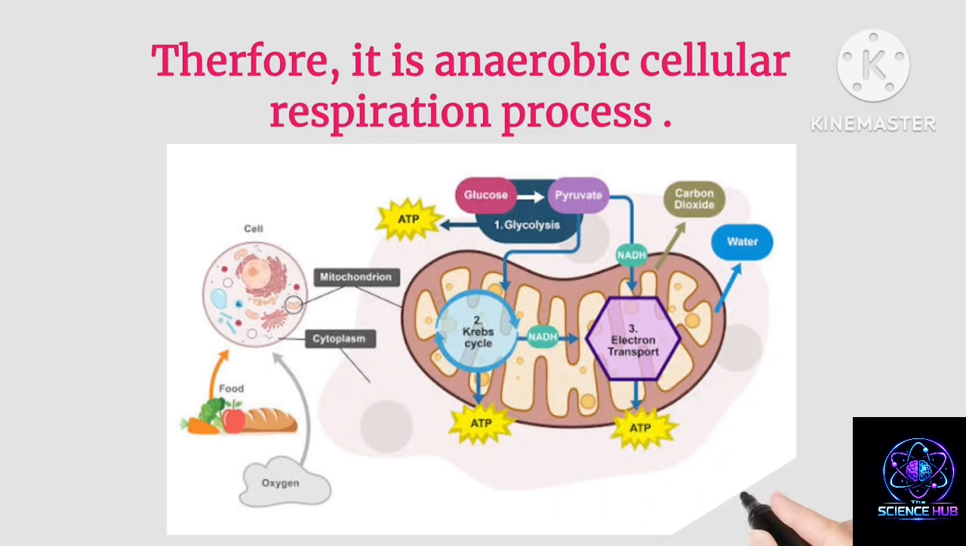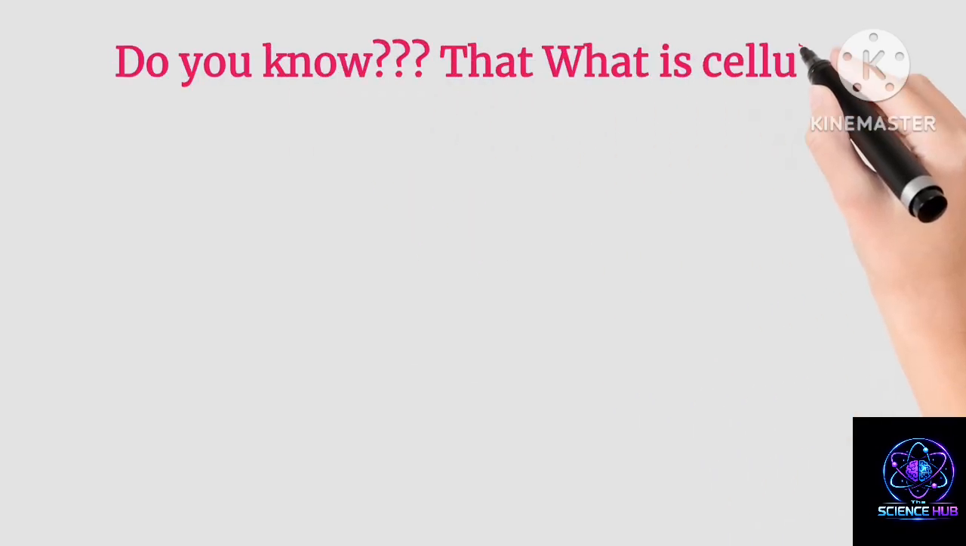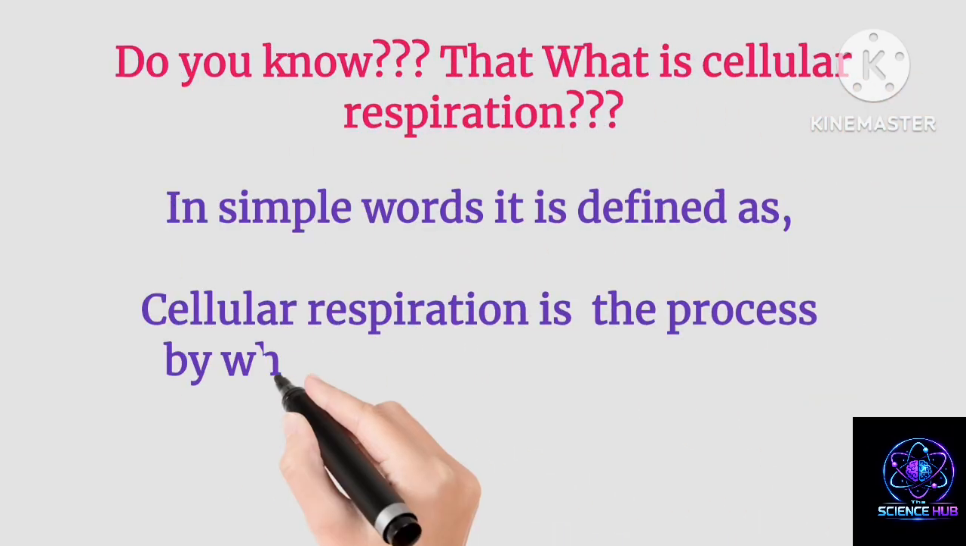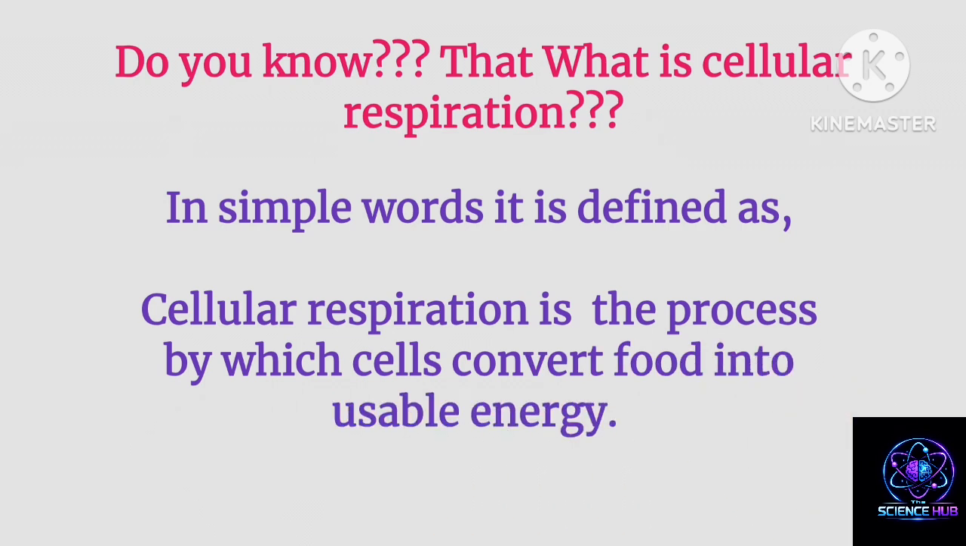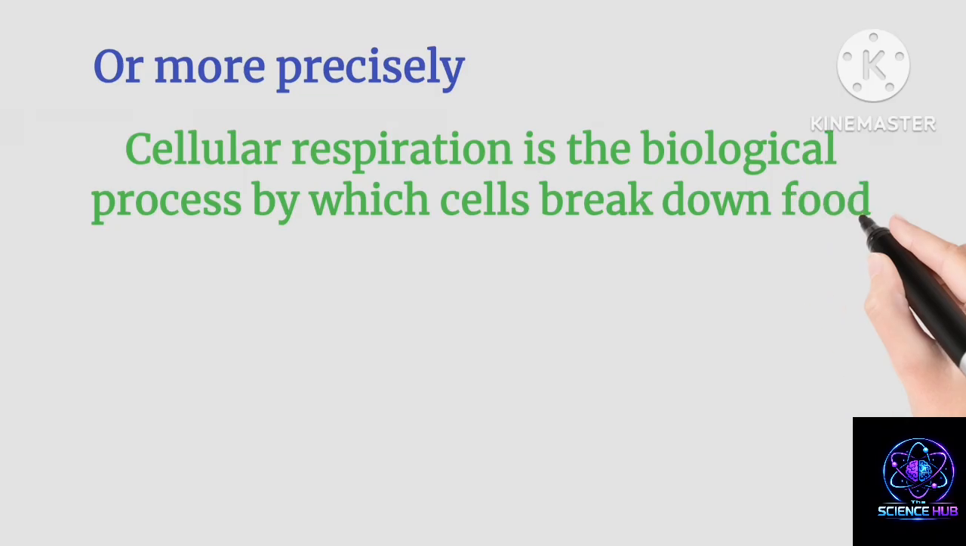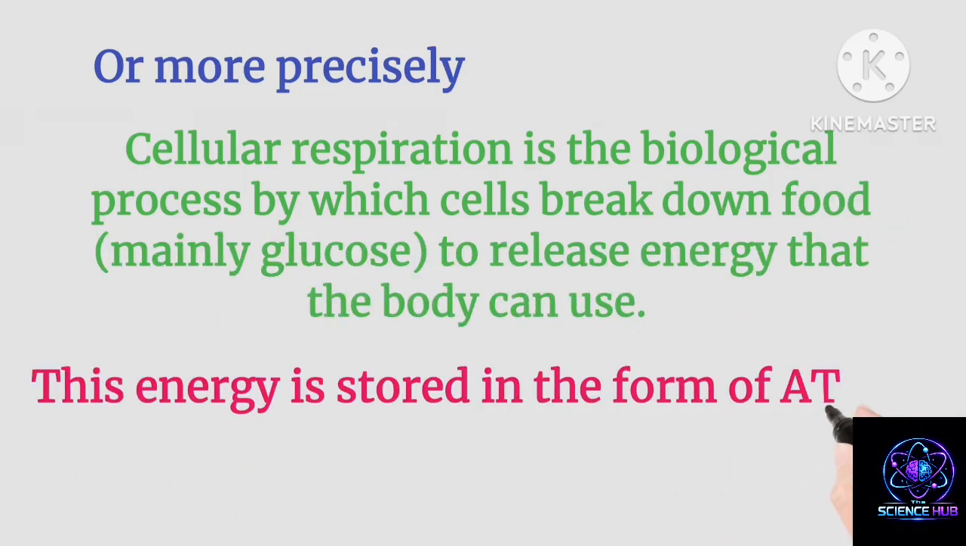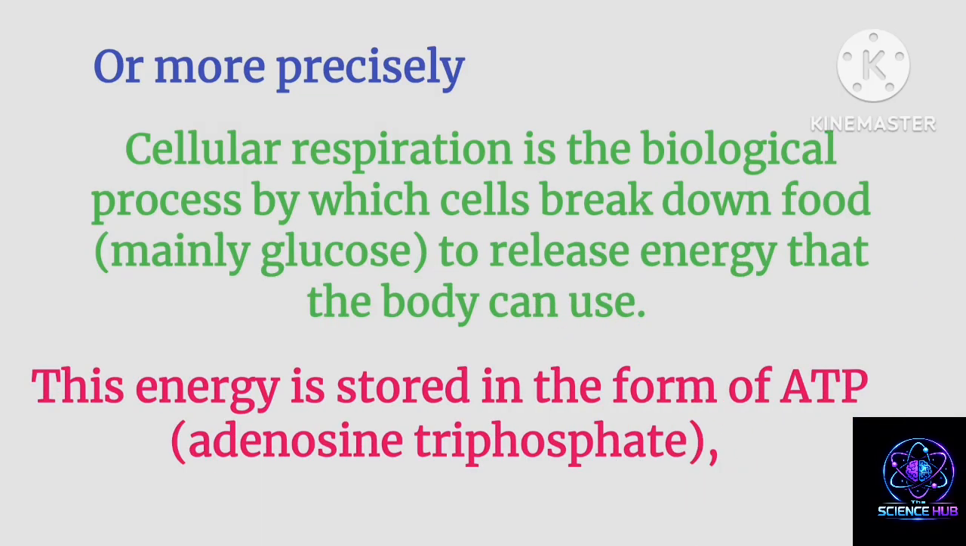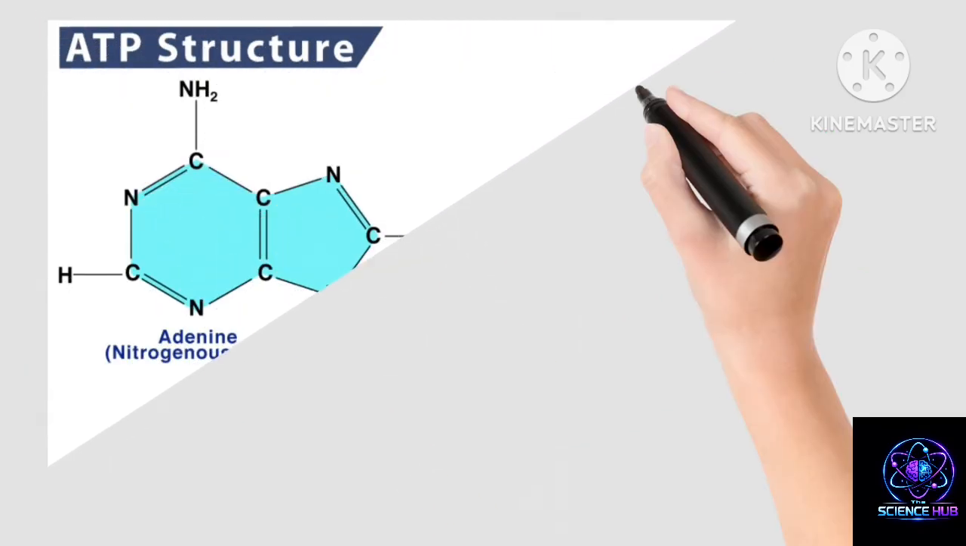Do you know what cellular respiration is? In simple words, cellular respiration is the process by which cells convert food into usable energy. Or more precisely, cellular respiration is the biological process by which cells break down food, mainly glucose, to release energy that the body can use. This energy is stored in the form of ATP, or adenosine triphosphate, which is the main energy currency of the